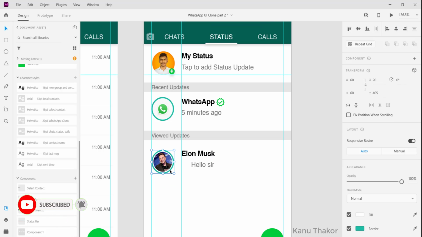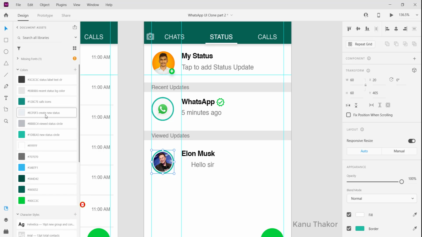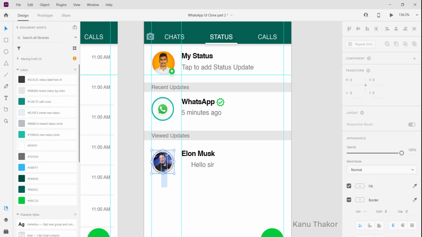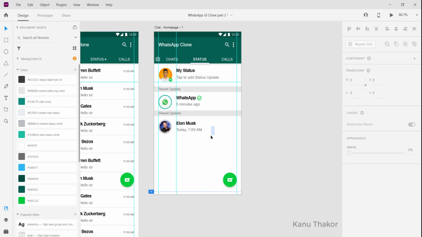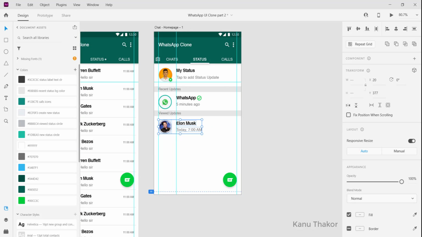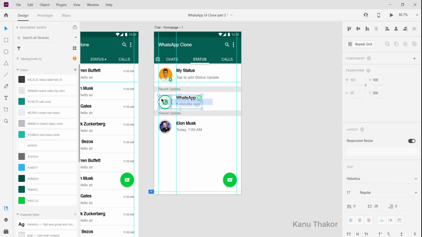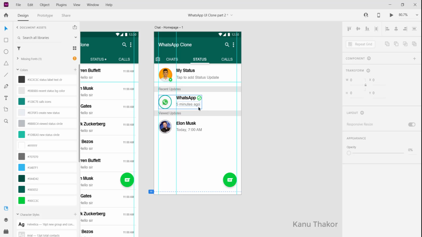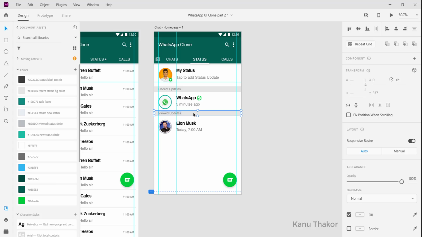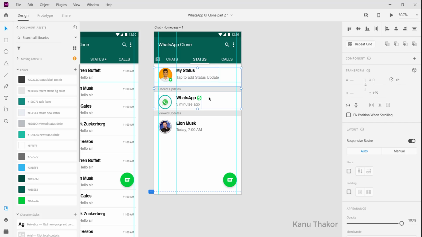This status is seen, so its color is going to be this one. Apply it to the border, then do some alignments. Now I will update the time at which this status was updated. Now we are going to select all these components and then make their group using the shortcut key Ctrl G. Again we will select this one here and then make it into a group, that is Ctrl G. Done. Simply select them and press Ctrl G. Again this will be a group. Arranging them in such a way will help us in doing other work.